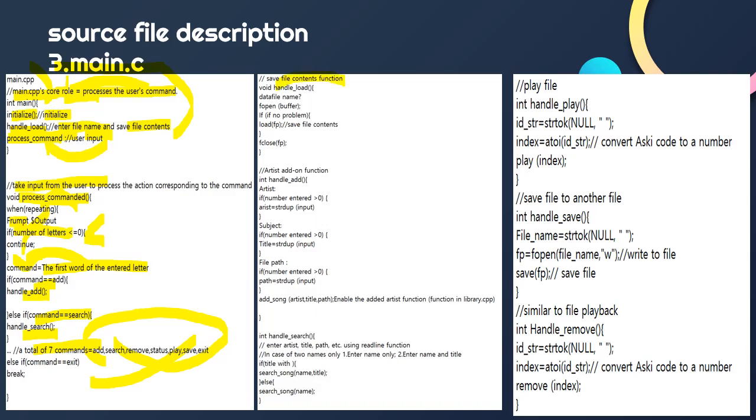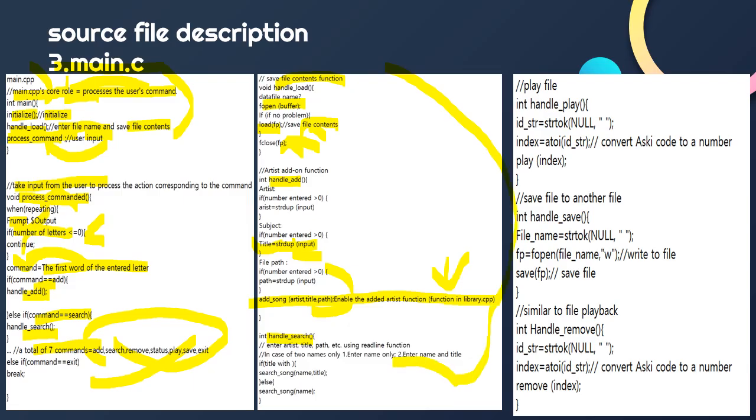Save file, content function, and file open, and load file. This one is in a library file, and file close. Handle add: input strdup in title. Same thing, and add song is in library CPP. Handle search. This means